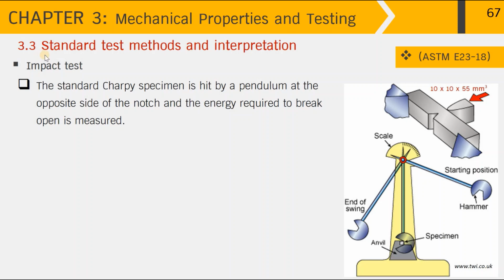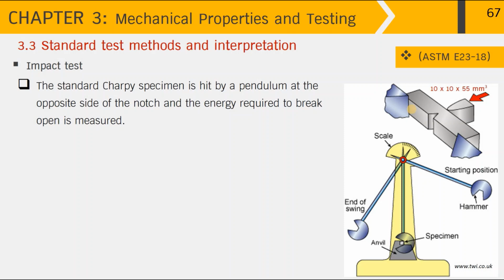Topic 3.3 Standard Test Methods and Interpretation. The impact test is quite different from other standard tests in that we use a different type of specimen. Over here you can see a notched specimen having the dimensions of 10 by 10 by 55 millimeters, and the